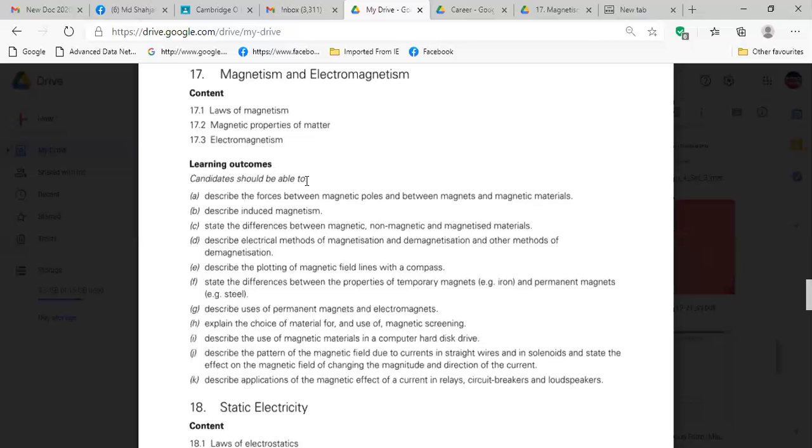Have you written? Yes, these are magnetic materials. Then you write examples: iron, steel,